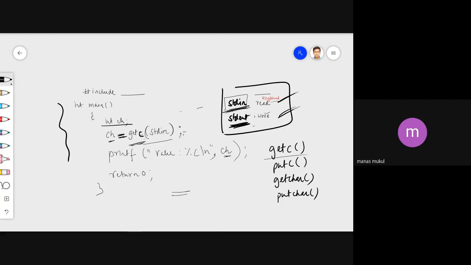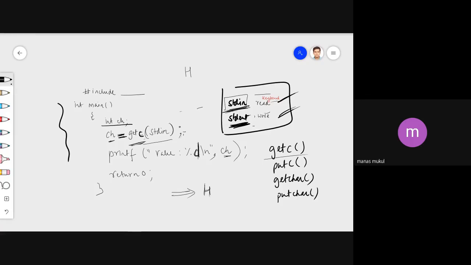Now, what will be the output of this program? The output of the program will be the character that you entered from your keyboard. So if you entered the character H, what will get printed out is H. Everybody understood that? However, if in place of %c, I change it to %d, then what's going to happen? We are not going to get H printed, but